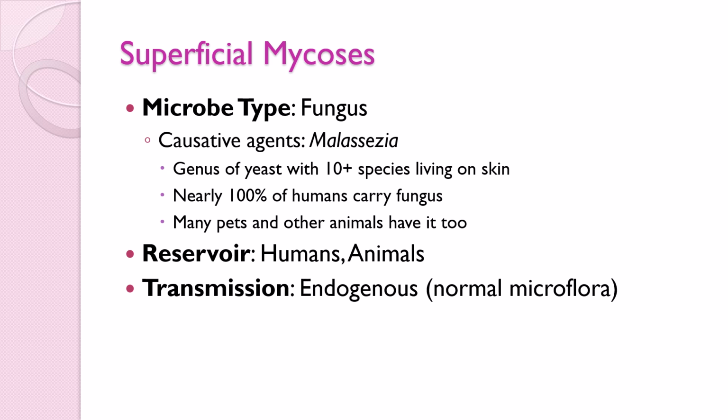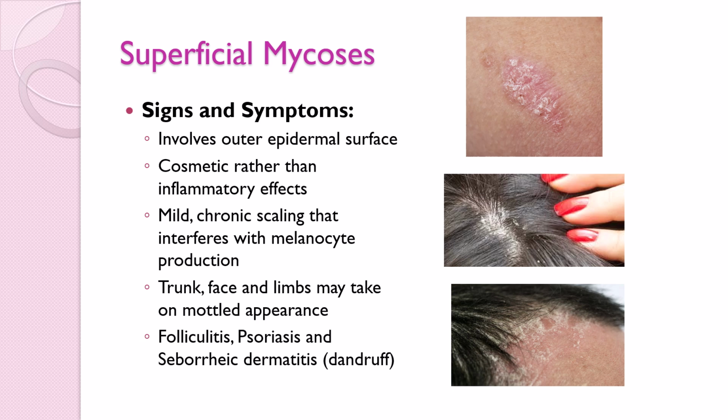But essentially, what happens is an endogenous infection where we infect ourselves. This particular infection is going to cause something that I guarantee you've had before and you know of. Whether you knew it or not, we have all had this before. So humans are the reservoir as well as animals in general. Why, yes, it is dandruff. That is superficial mycoses. So, this fungus that grows on our skin, typically in our hair as well,